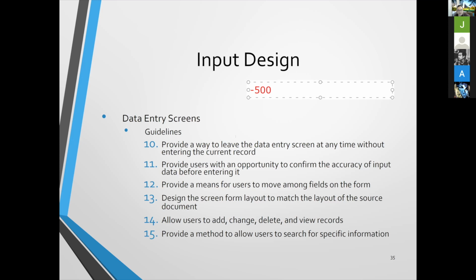Number 14, allow users to add, change, delete, and view records before they submit. Number 15, provide a method to allow users to search for specific information. That means you may have a find button that the customer can use to search for specific information that they want to go to, or the field that they entered already. You may provide them with that kind of thing. The next one,